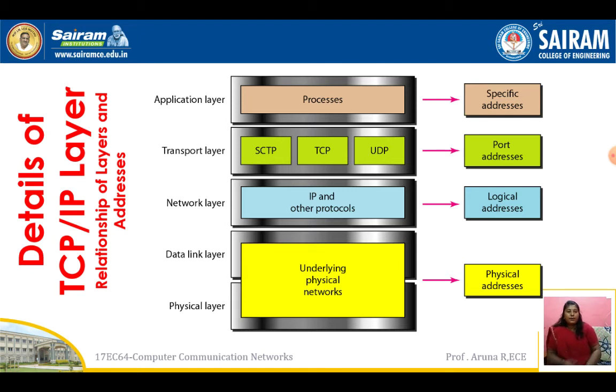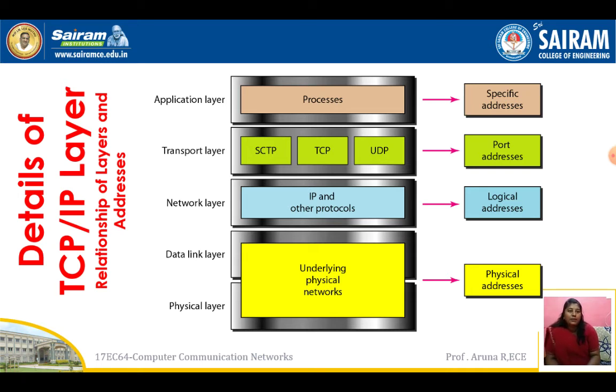For you to understand easily, suppose I am a sender and I am going to send information through a mail to a friend in another country. The friend in the other country is my destination. What addresses and what levels of addresses am I going to use? The specific address is my mail ID. I use my mail ID, writing from and to. From and to is the specific address, the mail address of the destination.